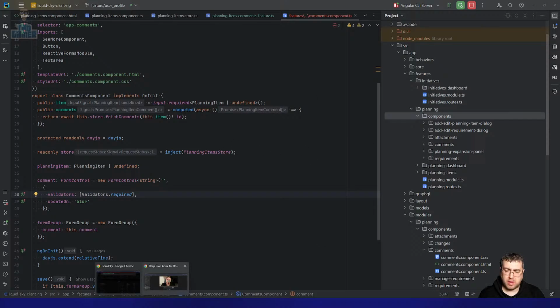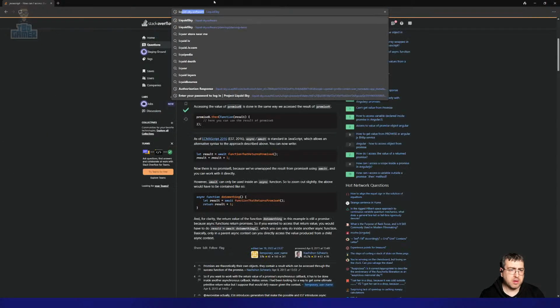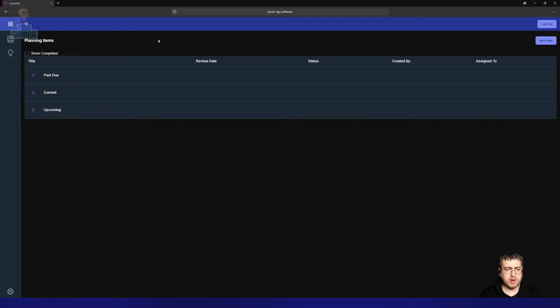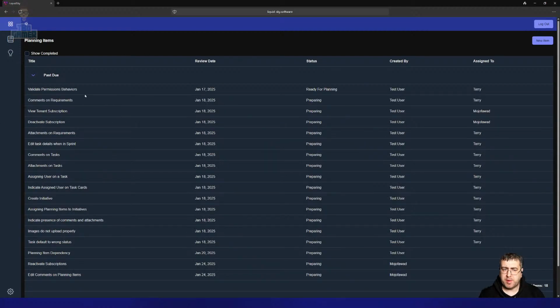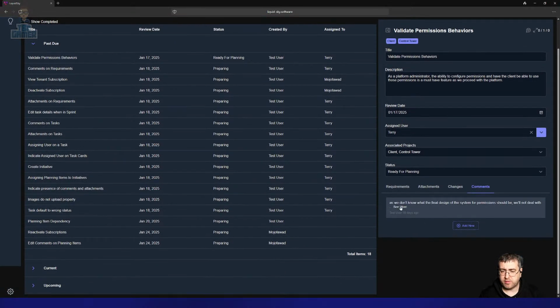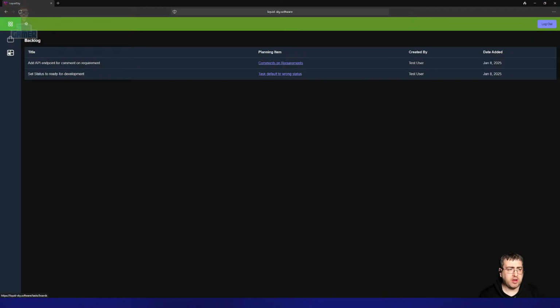So I am building an application. Let me show you the current version. I'm building an application to do project management and planning, right? So the idea being that you have planning items. Planning items have some details attached to them. You can add the requirements, attachments, changes, comments, etc. You can attach tasks to those things, and you can go into